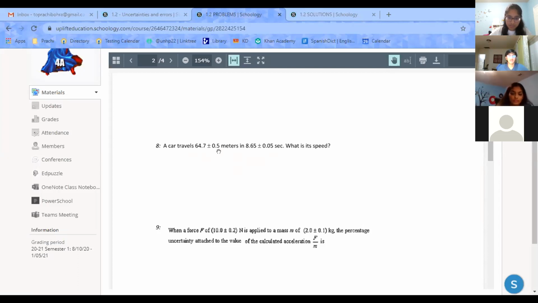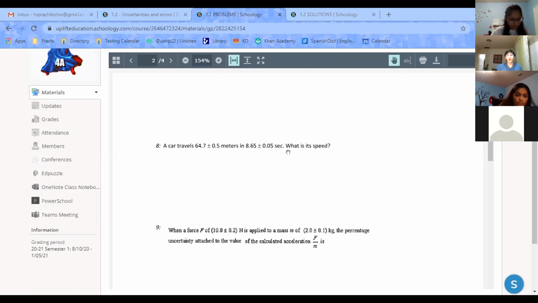So for this one, for the fractional uncertainty, I got 0.007. And for this one, I divided 0.05 by 8.65, and I got 0.0058. So those two are the fractional uncertainties, because when you're multiplying and dividing, you can use either fractional or percentage. They're both similar. And then if you add them together, you get, what do I get? I forgot.